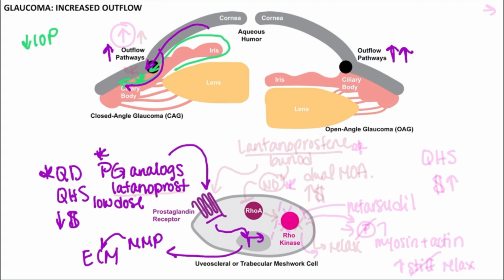And then just one more thing to note, so based on this mechanism of action, you can probably guess that it is going to take a little bit more time to see the maximal effects of these prostaglandin analogs when compared to some of the other agents we've discussed. Now we are going to move on to a relatively newer agent called latanoprostene,